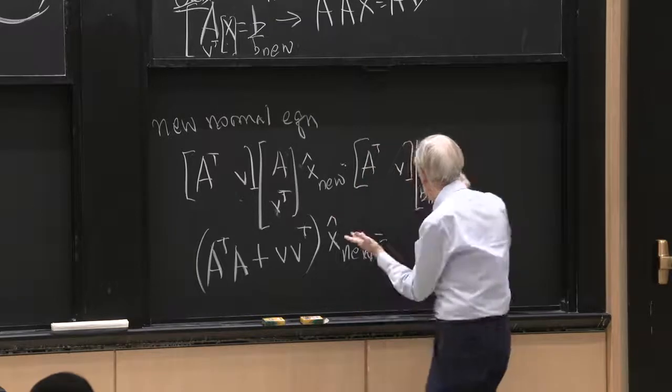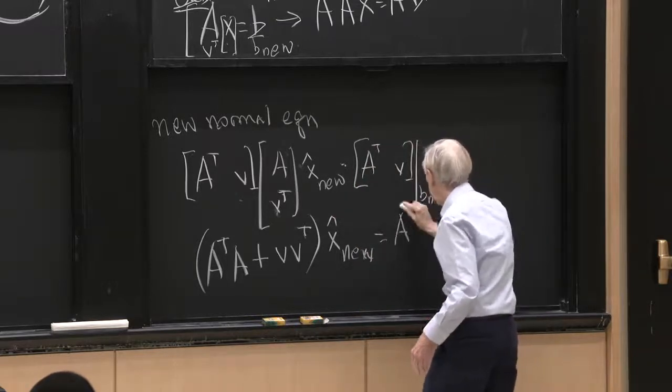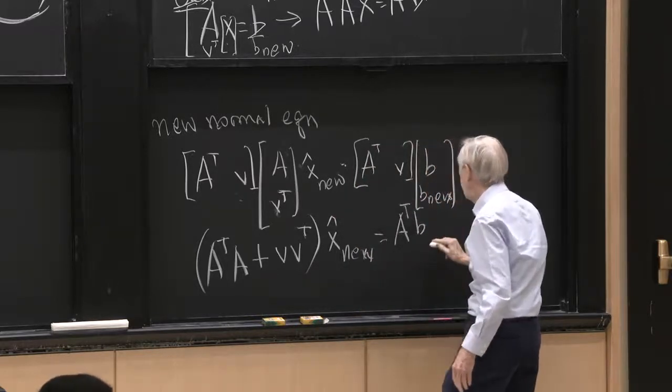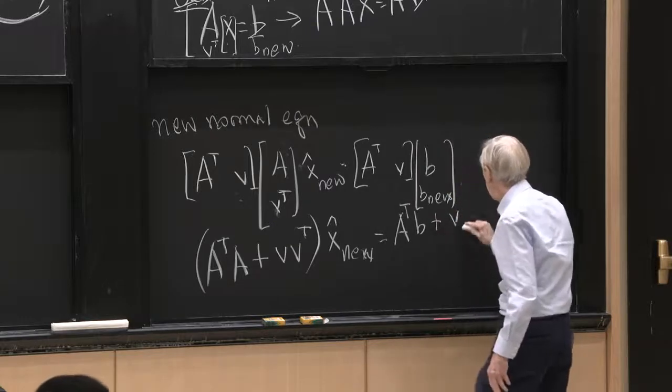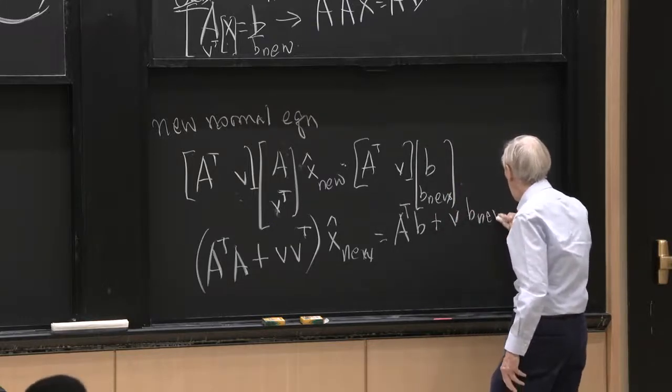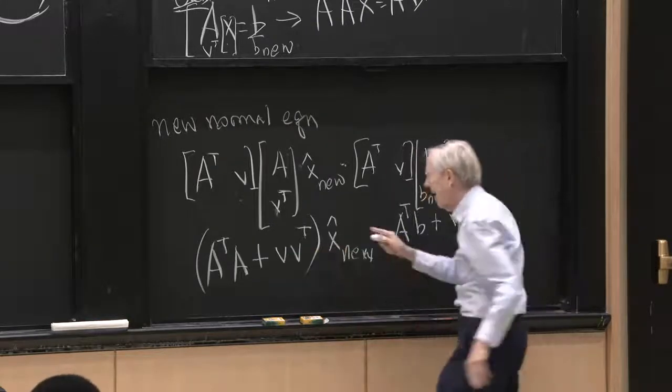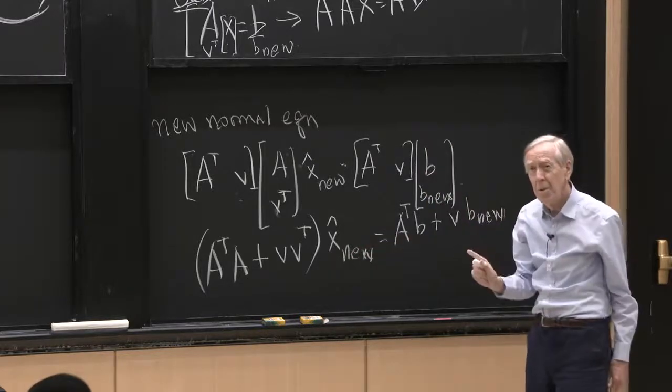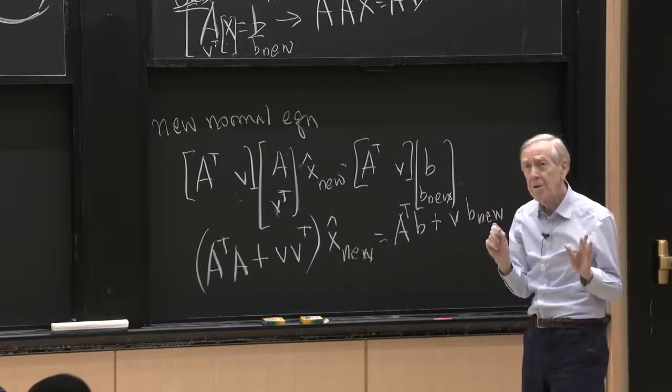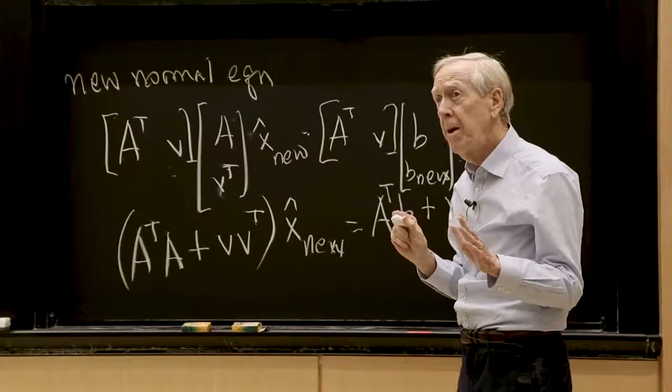And over on the right side, I get whatever I had, the A transpose B old, and the V B new. But let me come back to that, because that really shows you why you must understand matrix multiplication, both